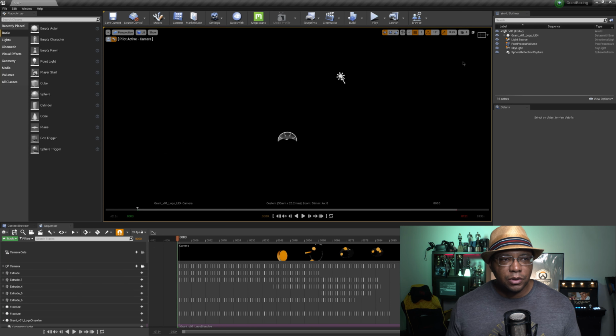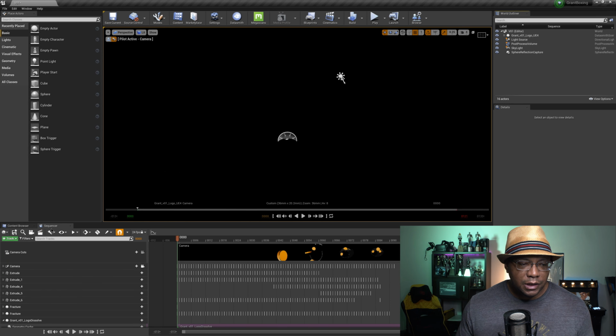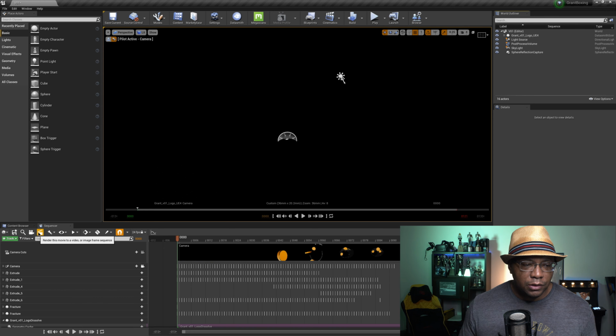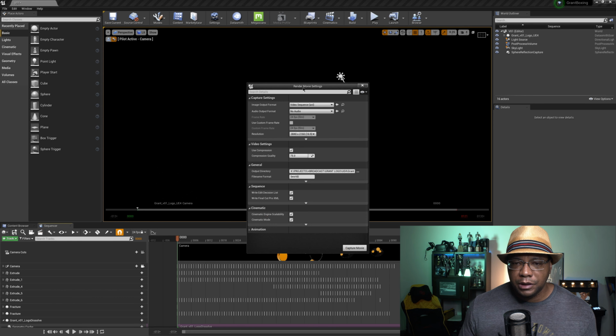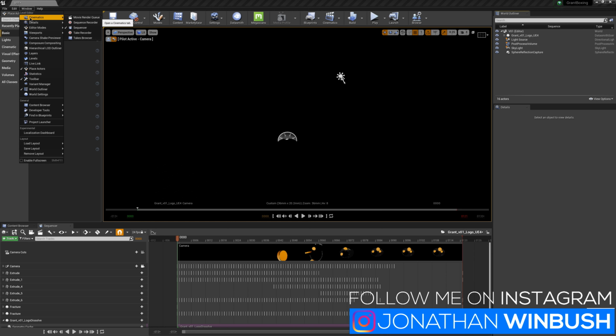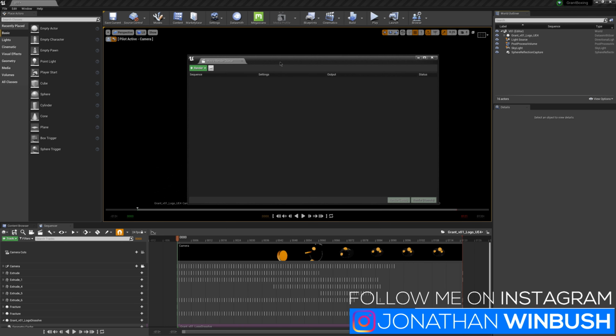So if I jump into Unreal here, this is my sequencer, and in versions of the past, you usually had to click on this clipboard, and then this brings up your render movie settings. So this is the traditional way that we're used to doing it. But with this new version 4.25, we can actually go up to Window, Cinematics. So this item right here called the movie render queue, click on this,